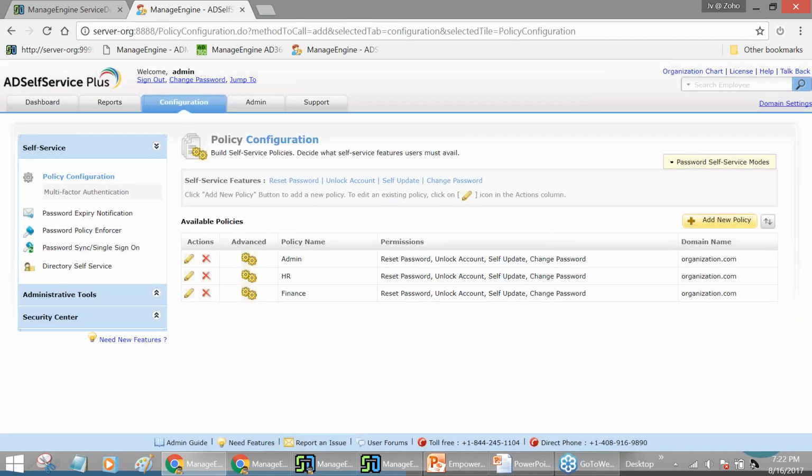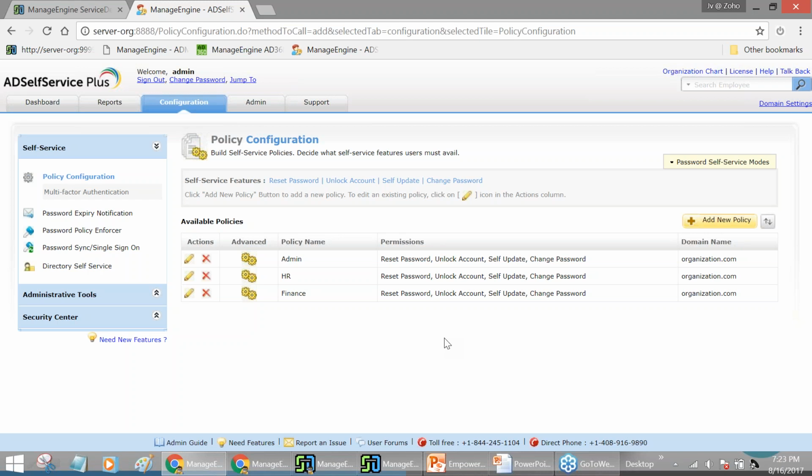Click on OK. And that is all you have to do from the admin's perspective. That is how simple it is to set or configure self-service for your SDP users. So once this is done, let us look into the user's perspective of how this works,